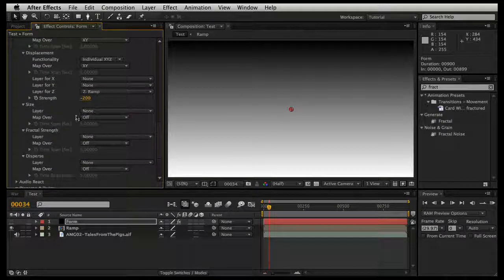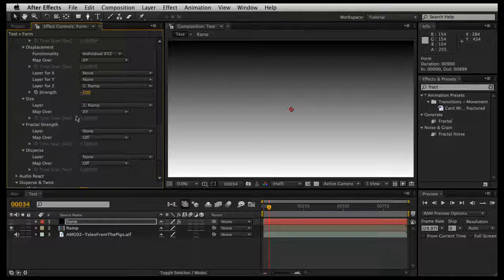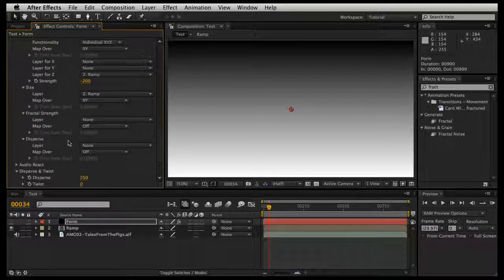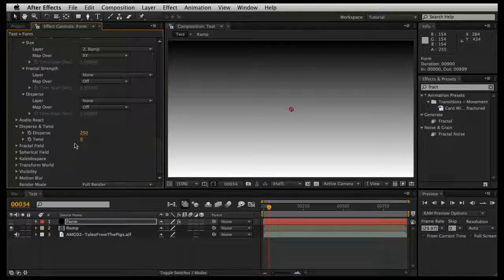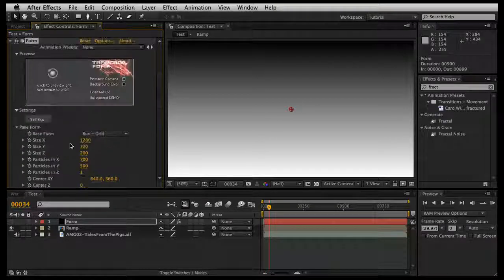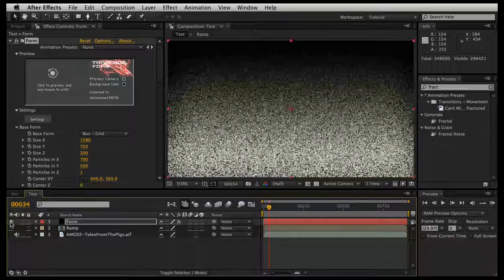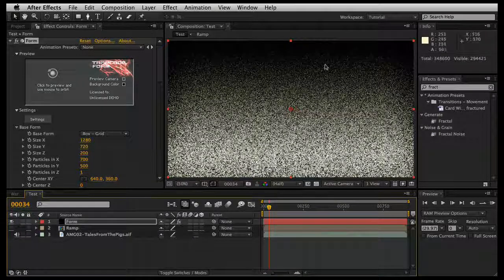All right, for size, let's have it look at the ramp layer again, map over X and Y. And fractal strength, we won't have our ramp layer affecting that. And disperse, we won't have that either. Now, this is now set up exactly how I set up my composition on the war video. Okay, so if we make our ramp invisible and Form visible, what you now see is